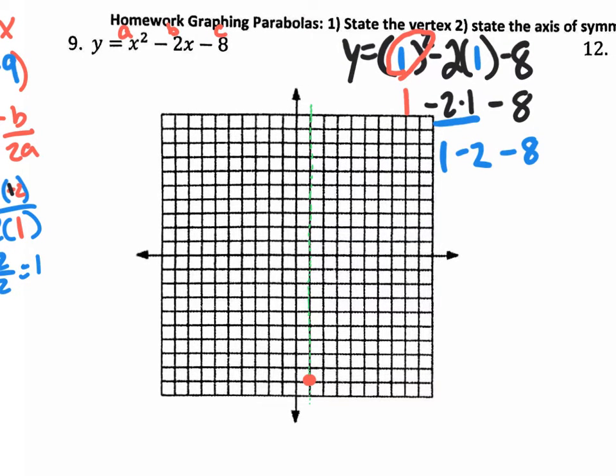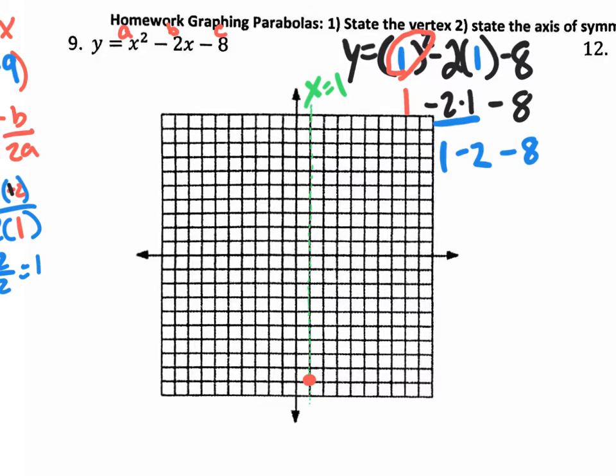Now, that green dotted line that's vertical, and any vertical line has the equation appearance of x equals a number. So if I asked you to state the axis of symmetry equation, you would simply say x equals 1,